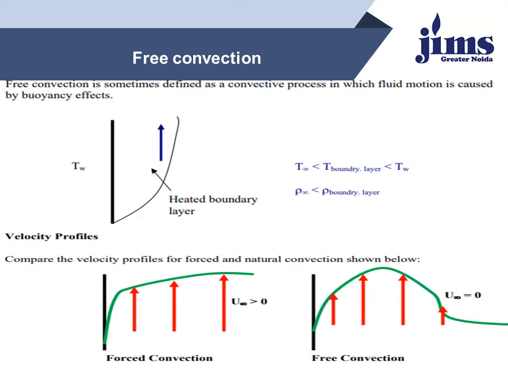So this is a velocity distribution for free convection. This is a heated plate, a vertical heated plate, and fluid is flowing in the upward direction as shown in the figure. Thus free convection is the process of heat transfer which occurs due to the movement of fluid particles by the density changes associated with the temperature difference in a fluid. This mode of heat transfer occurs very commonly.